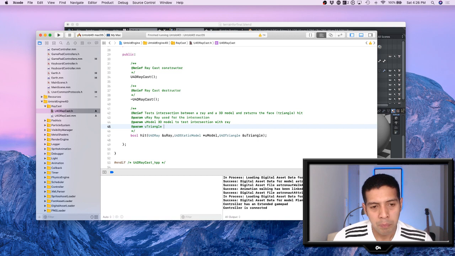This is the if there is a hit, intersection, if there is an intersection, this is the triangle that will